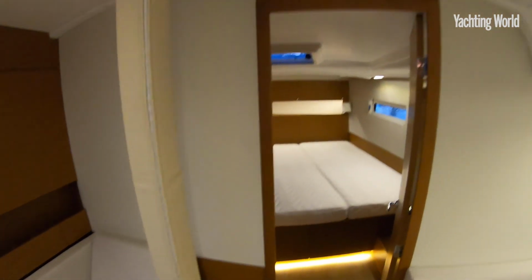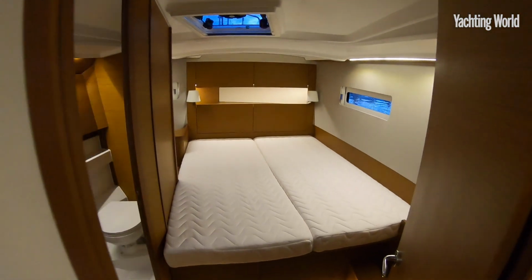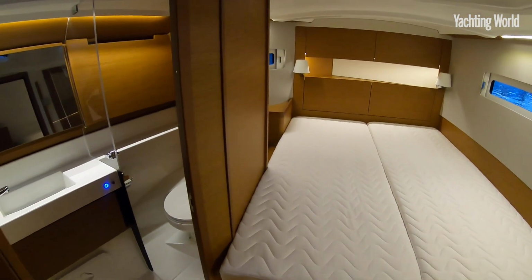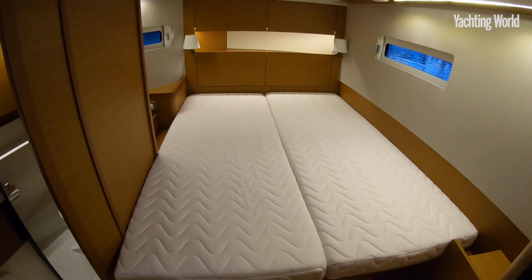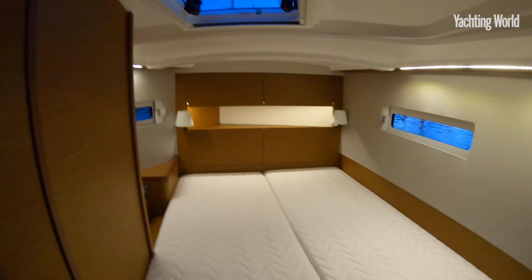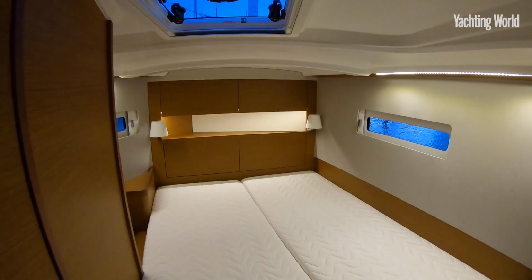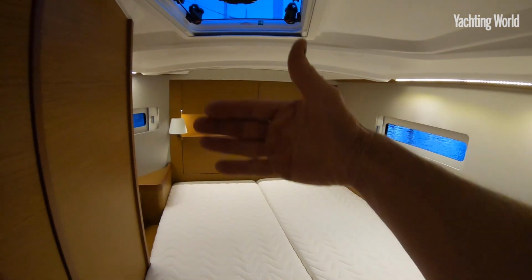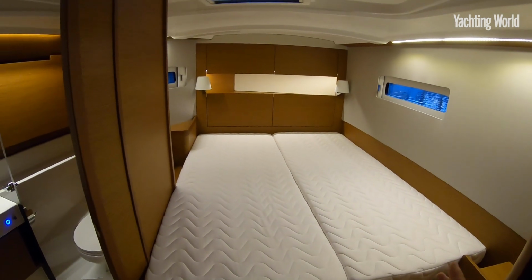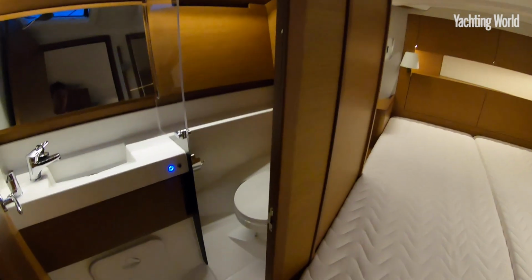And then we move into my favourite area, the forward cabin. 40 feet with a huge rectangular berth, no V berth, proper rectangular berth. You can see from this angle, but what they've done there is put an offset bulkhead, sort of fake bulkhead in there forward. So then everything here is an offset angle, which creates this room for a proper ensuite, heads